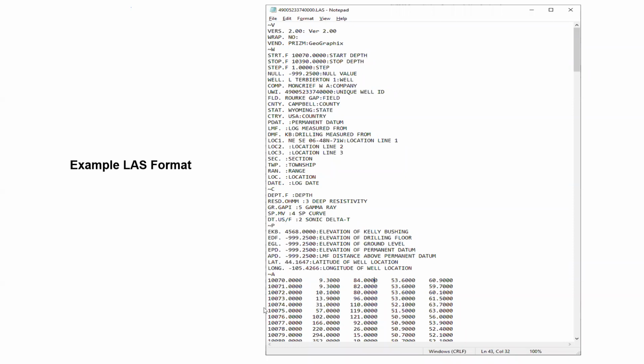So the first column is for the depth, and after that, the resistivity values are available, then the gamma ray values, and SP, and in the last, sonic values. So now till the end, you're having these values in this LAS file. Whenever you get a LAS file, open it up and you can see these blocks are always available there. If any block is missing, then this LAS file will be corrupt and you cannot import this data into any software.